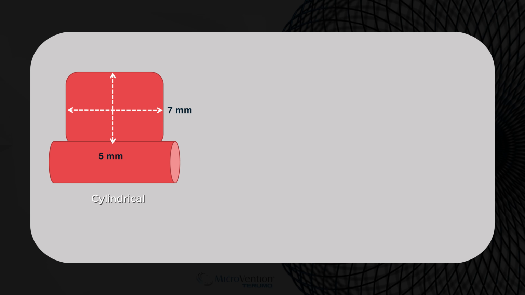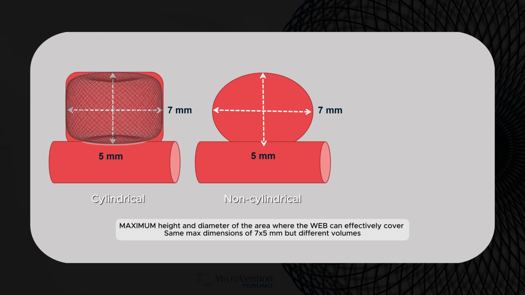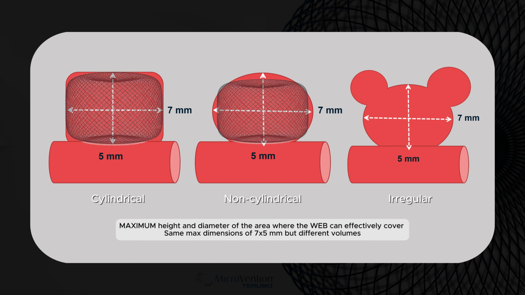The key feature of our strategy is that we focus only on the maximum diameter and height of intrasaccular space that can be filled with the web device. This is simple for cylindrical aneurysms thanks to their uniform shape that matches the web SL device perfectly. However, it will need adjustment for other complex morphologies, including non-cylindrical aneurysms, such as spherical or conical, where the web can still achieve full wall apposition, and irregular aneurysms with redundant spaces like daughter sacs that must be excluded from